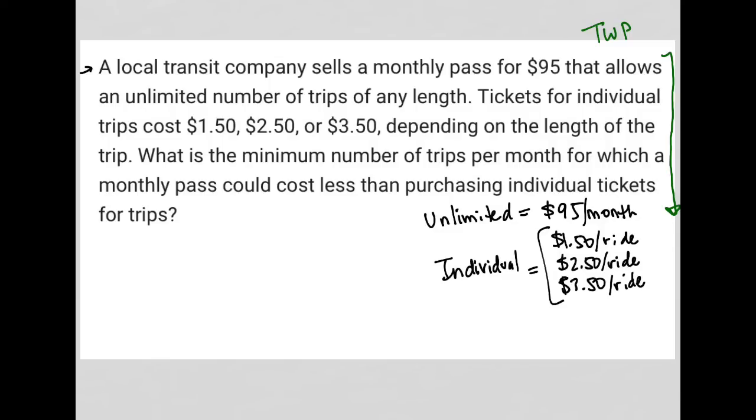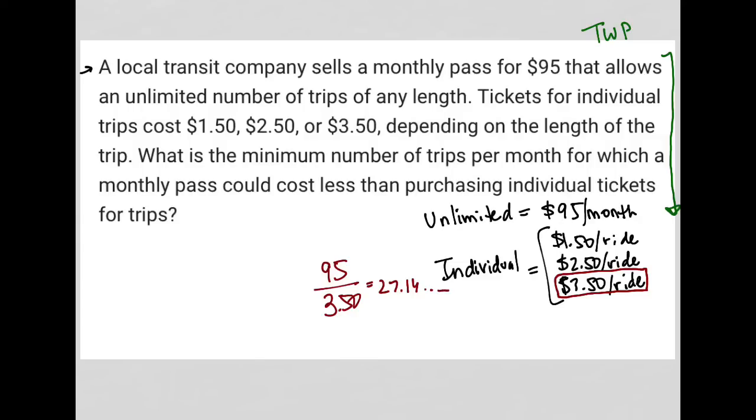Okay, so what is the minimum number of trips per month for which a monthly pass could cost less than purchasing individual tickets for trips? What is the minimum number? Okay, so if we're trying to get to the minimum number, that means we should focus our attention on the most expensive trip, the $3.50 trip. So then I'm going to just take 95 and divide that by $3.50. Let's see what I get when I do that. So 95 divided by 3.50, I get